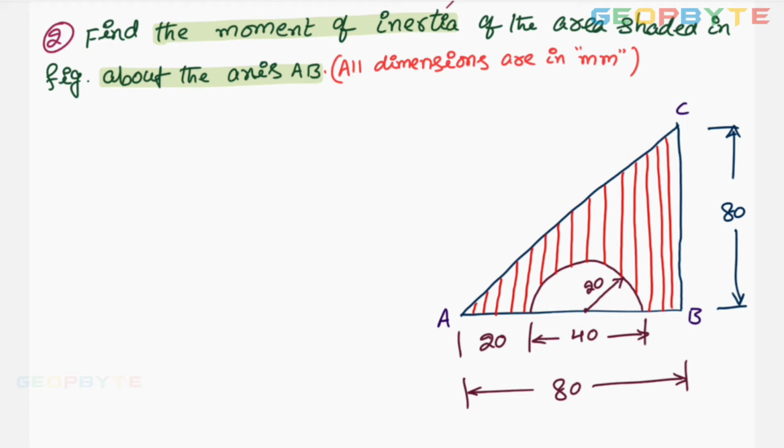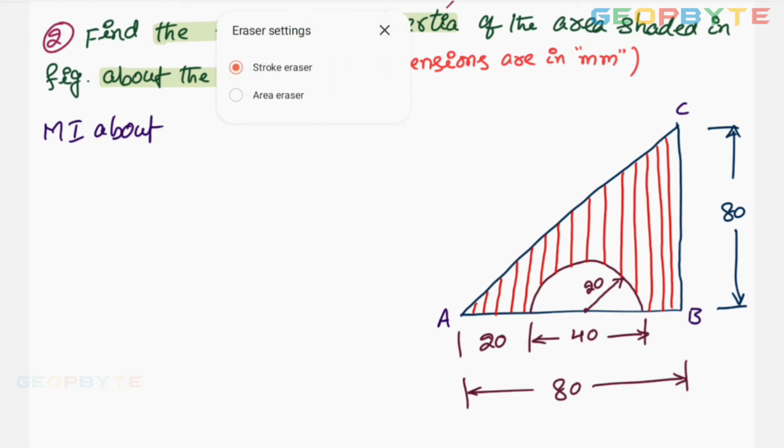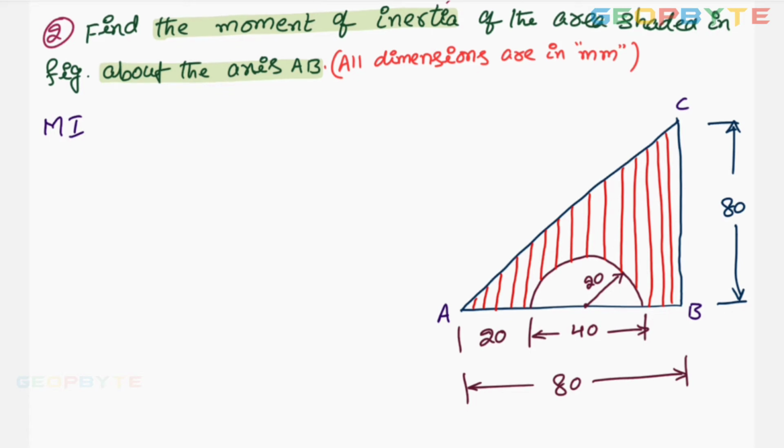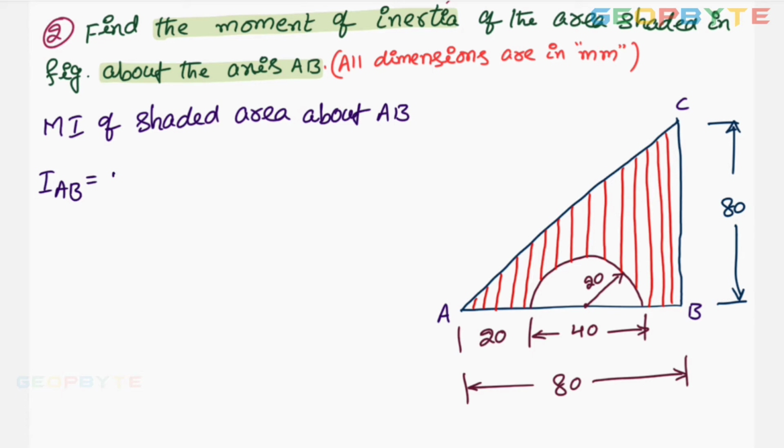Therefore, moment of inertia of shaded area about AB, IAB, equal to moment of inertia of triangle